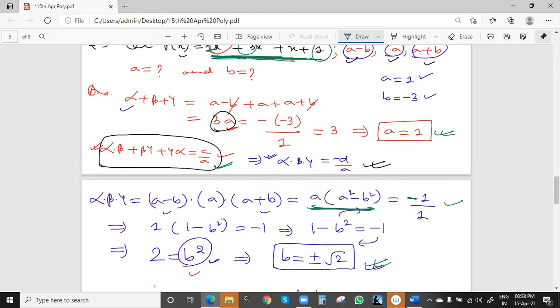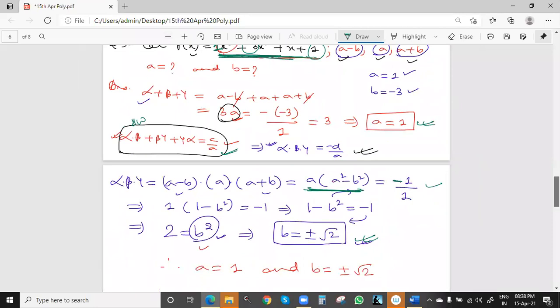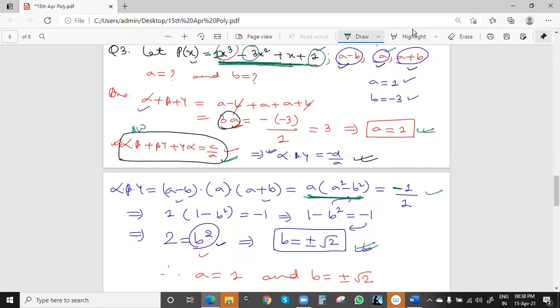You can try this as homework, you can take this equation also, and we'll get the same value of b. Say c by a, directly we can say, better to write the c by a value. The formula we know is c by a, but for this case, because zeros, or we can say roots, are given in a and b, so better to write the values. C by a will be 1 by 1, because c is 1, and here a is also 1.